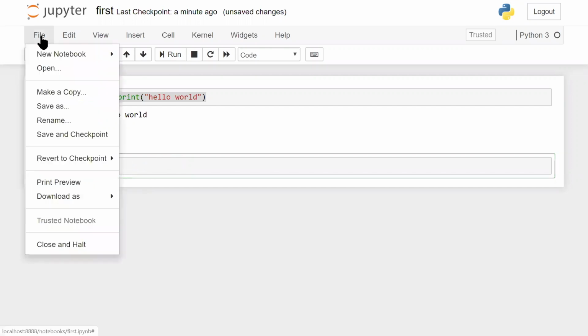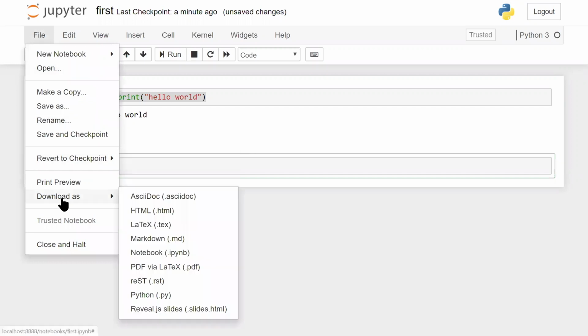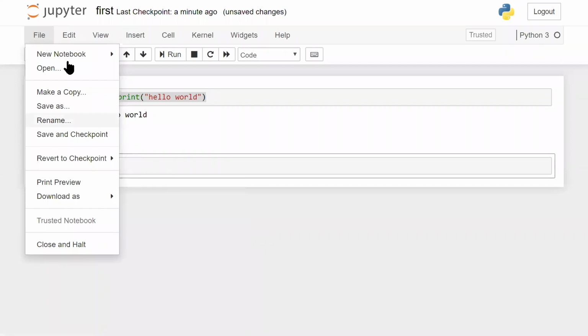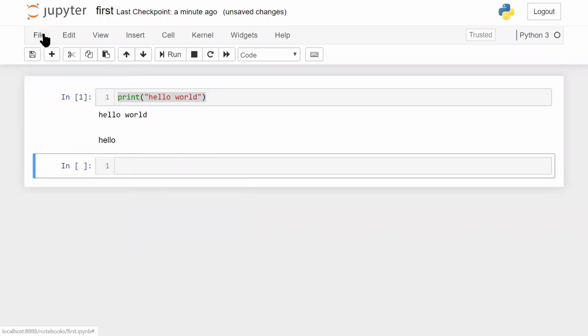You can download this in multiple forms, like I can get an HTML version out of it. I can open this on my mobile phone and read. I can get pure Python code out of it, if I want to use this with any other editor later on. I can get a PDF version and some other versions as well. So this is going to give you the result in many forms. To make best use of this editor, you have to learn some shortcuts, which I'm going to teach you next.